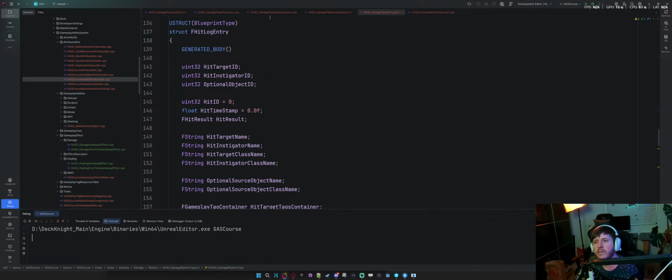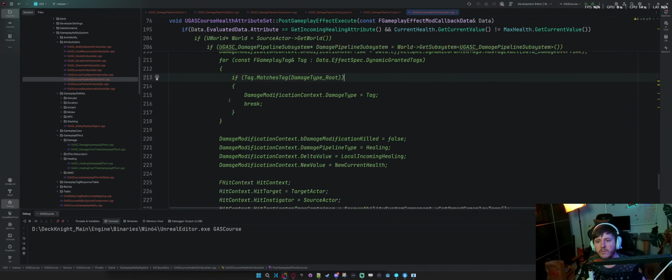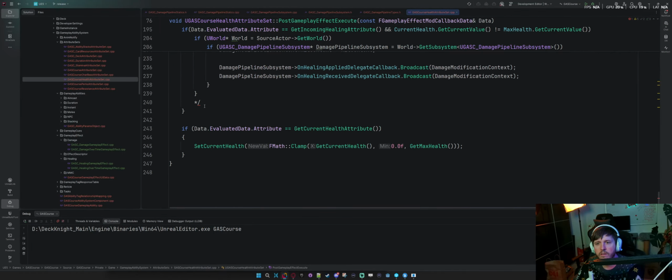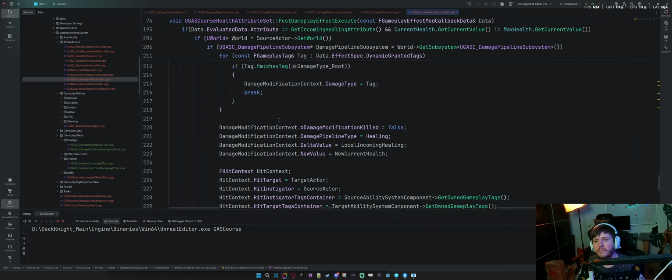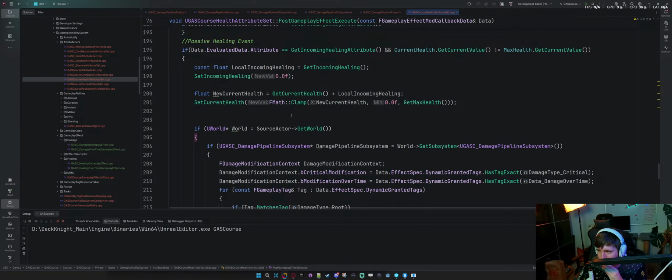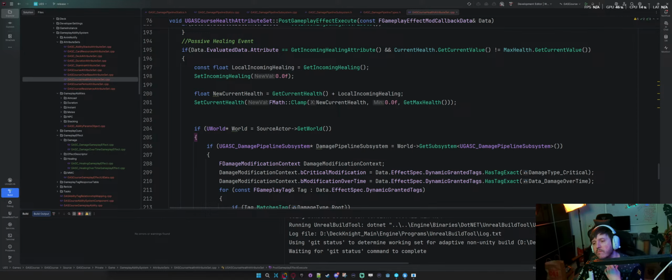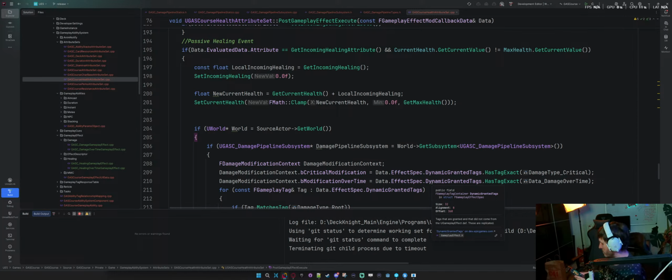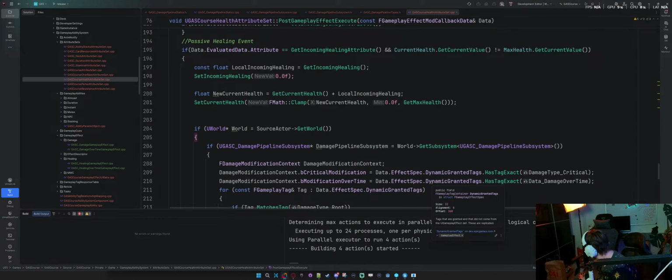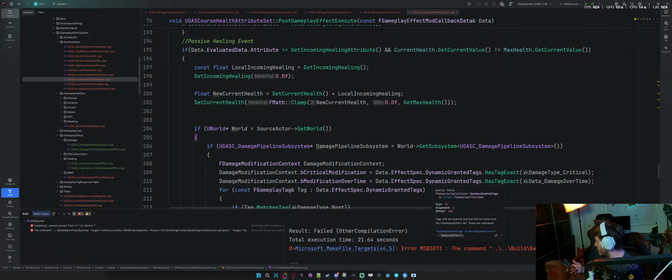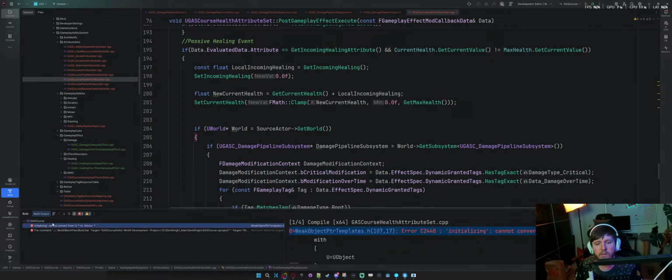Let's just uncomment in the attribute set. Let's just uncomment one of these sections and confirm if it compiles or not. Still giving me an error.